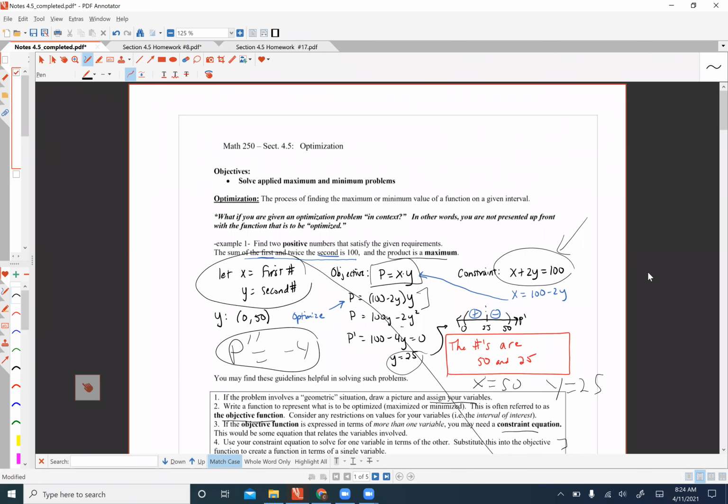Okay, so this is a short discussion on optimization, which I think is one of the harder problems of the book because it involves word problems. So it's not like here's a section of the book and here's a formula for